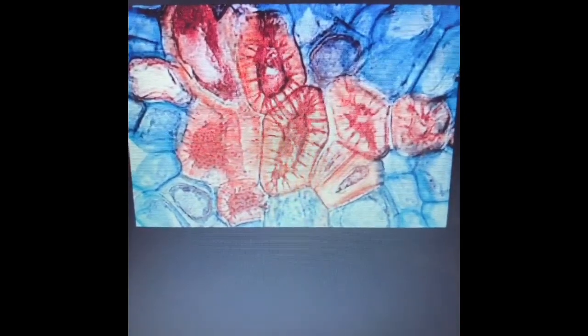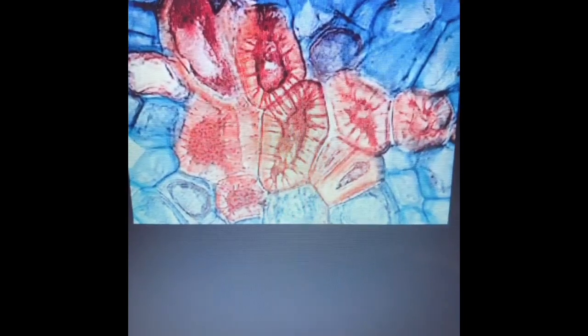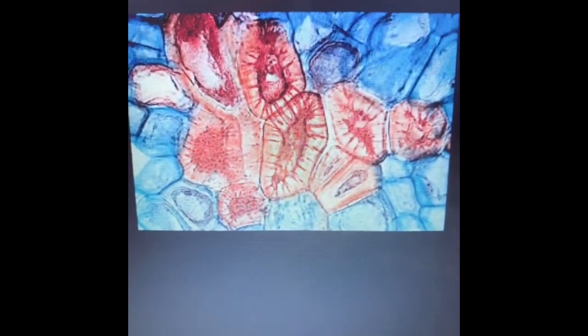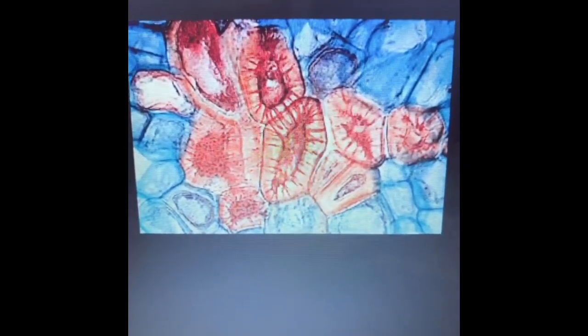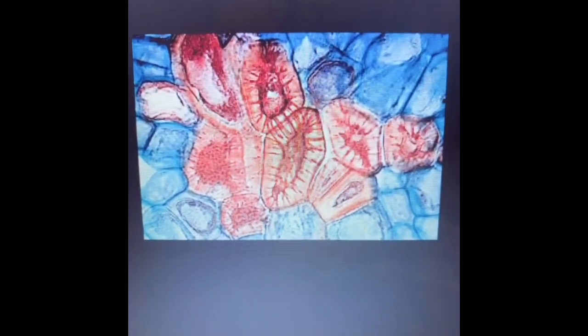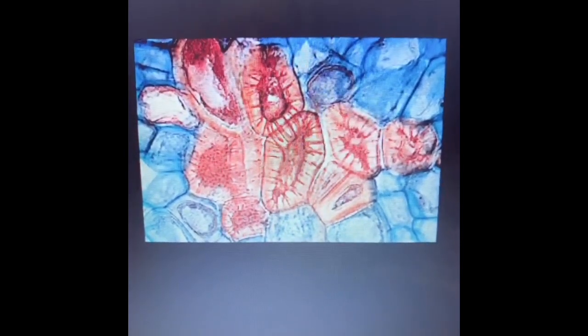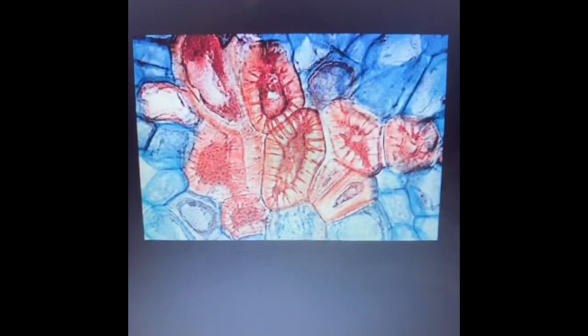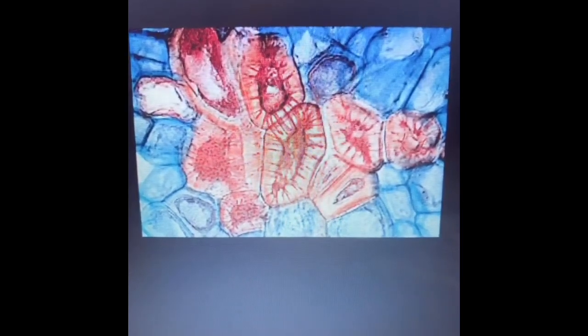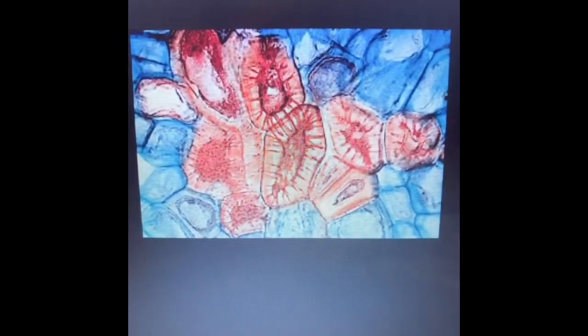Sclerenchyma is mainly located in the stem around the vascular bodies, xylem and phloem, and in the veins of the leaves. Haven't you seen? I hope all of you have prepared the vein nets of the peepal leaf. You soak the leaf and you get only the veins out. They are all hard, isn't it? Why is it so? Because they are made up of cells which are all sclerenchyma. It is the hard covering in the husk of the coconut. It provides stiffness to the cell and also strengthens the plant parts. And I want all of you to draw the diagram.